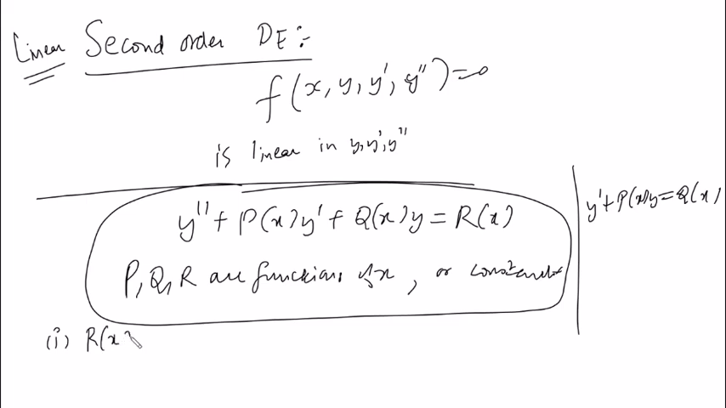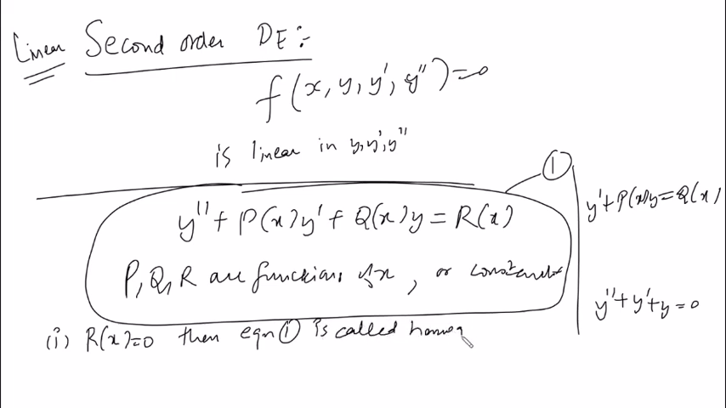So the first case is about the right hand side function. So the right hand side function r in general has to be a function of x. If it happens to be 0, suppose you get a differential equation like y double dash plus y dash plus y is 0. On the right hand side you do not see any function of x, it's 0. Then, okay, I'm calling this equation 1, right? So equation 1 is called homogeneous,